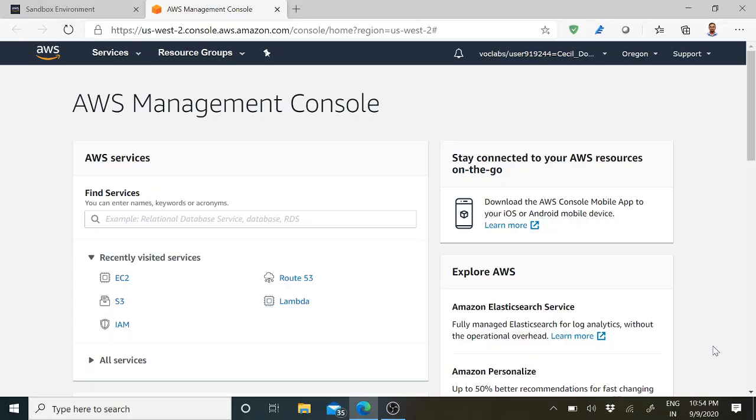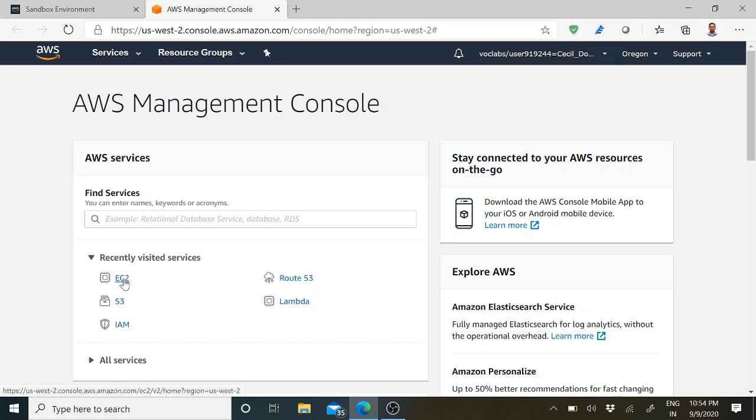In this video, I'll show you how to create and host a website in the EC2 server. For that, we have to follow three major steps. The first thing is we have to create an instance in EC2. Then we have to create the bucket and put our web files into the bucket. And then the third thing is we have to run few commands in SSH. So we will see that.